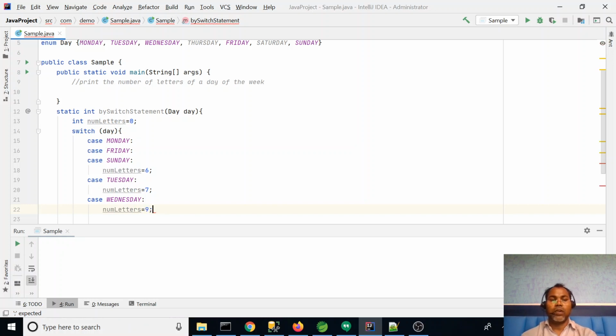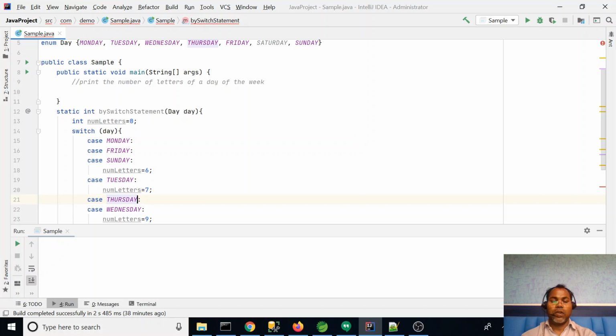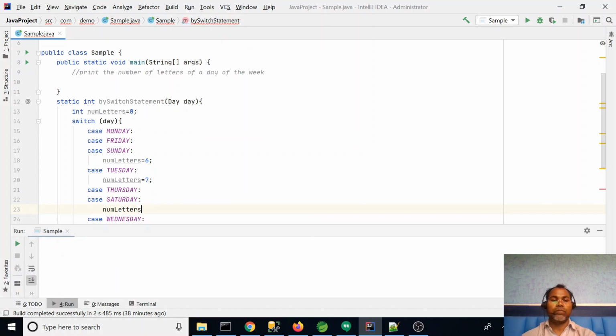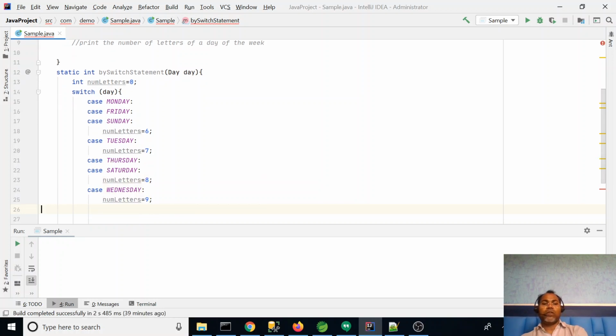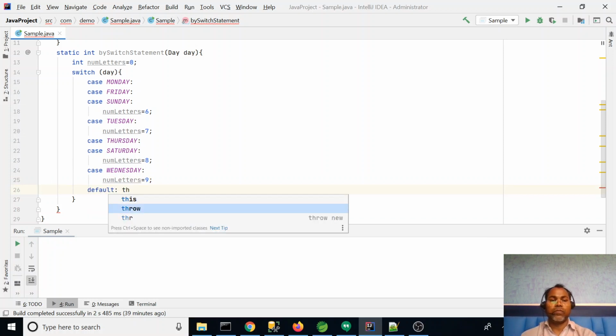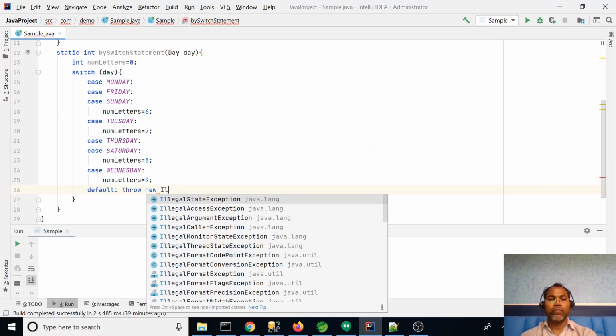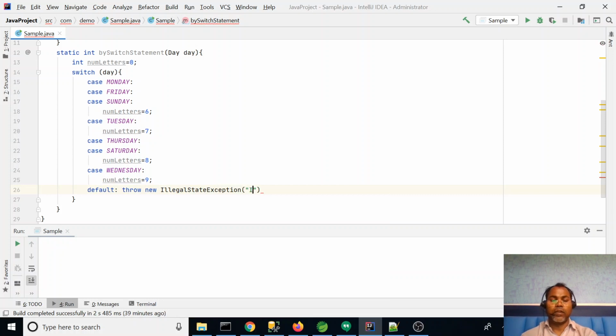Then case Thursday, and sorry, case Saturday, these have numLetters equal to 8. So that is the basic, and then the default case. Whenever we are not matching, throw a new invalid exception.